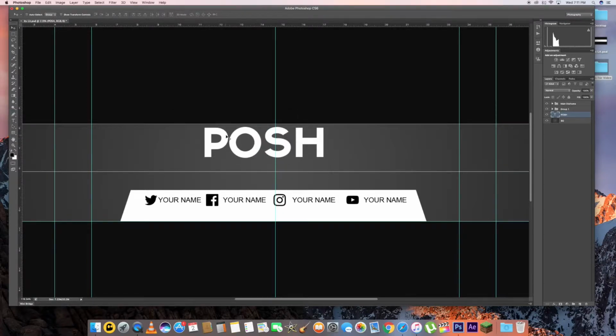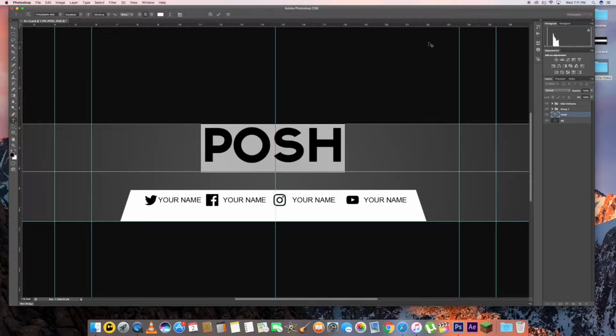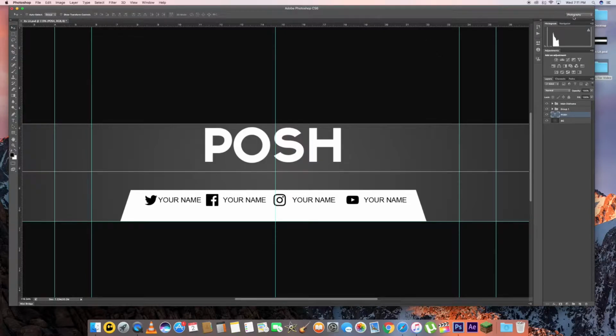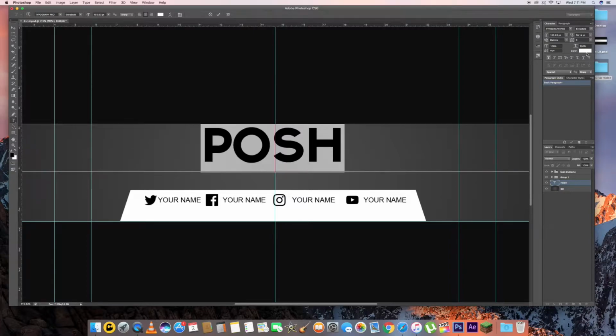So this is pretty good. You can also Command T and do it that way. However, I'm going to put it right there. And then if I select this with Command A, I can come up here to the top right, and if you go to typography, that'll pull up all the tools for that. And if I select this Posh, I can actually spread out these letters, which you're only going to want